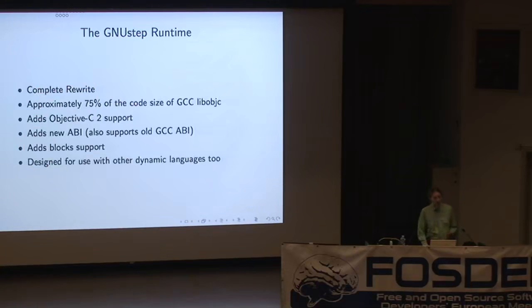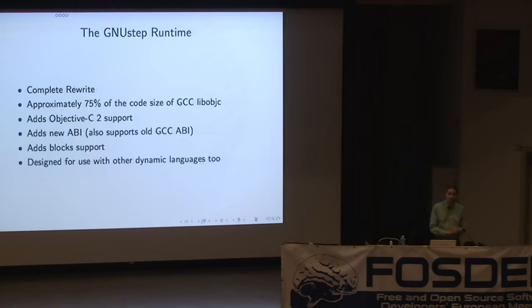So as well as having a new compiler now, we also have a new runtime, which is a complete rewrite of the GCC runtime. It's quite a bit smaller than the GCC runtime. A lot of that is that the GCC runtime really predates having portable threading APIs. So it has this huge threading abstraction layer, most of which isn't actually called anywhere in the runtime, some of which is incomplete. It has a condition variable implementation, which on Windows just always returns false.